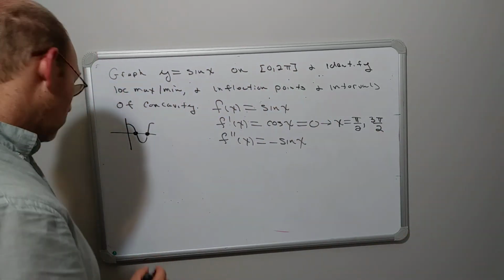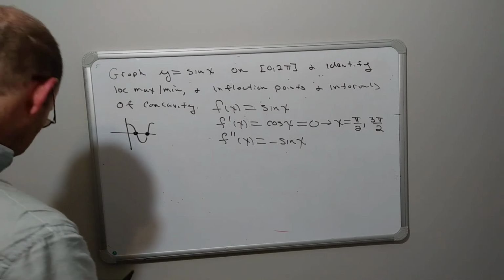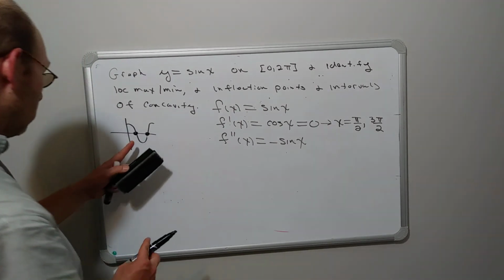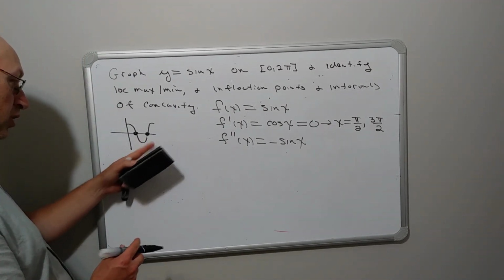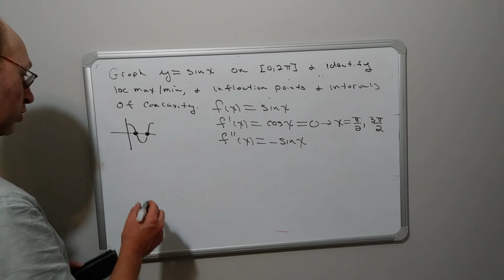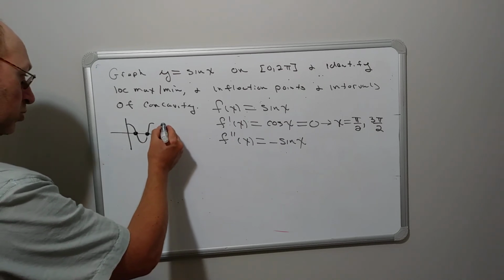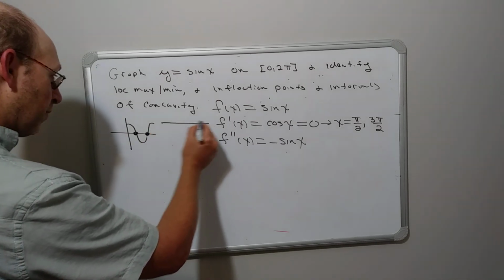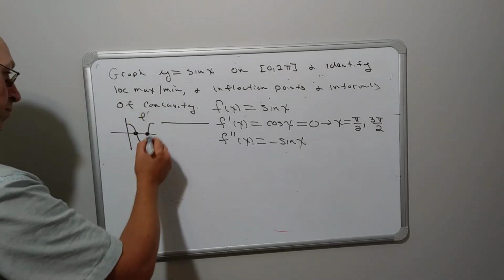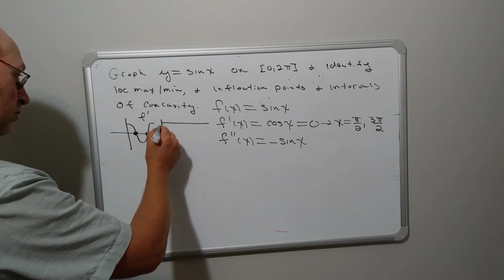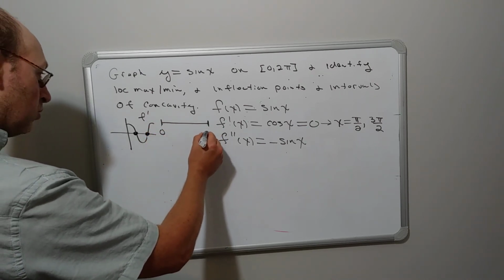Okay, so understanding the graph of the derivative, we can figure out the number line for f prime. So let me just draw it right here for f prime. So we have 0, 2 pi,